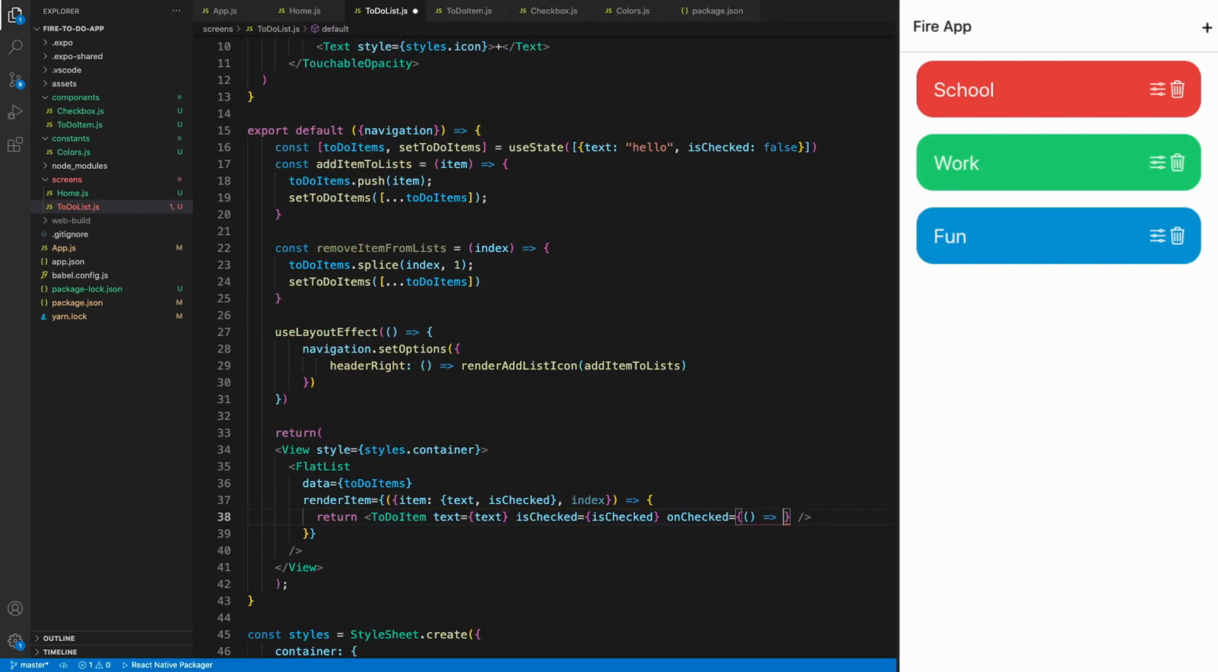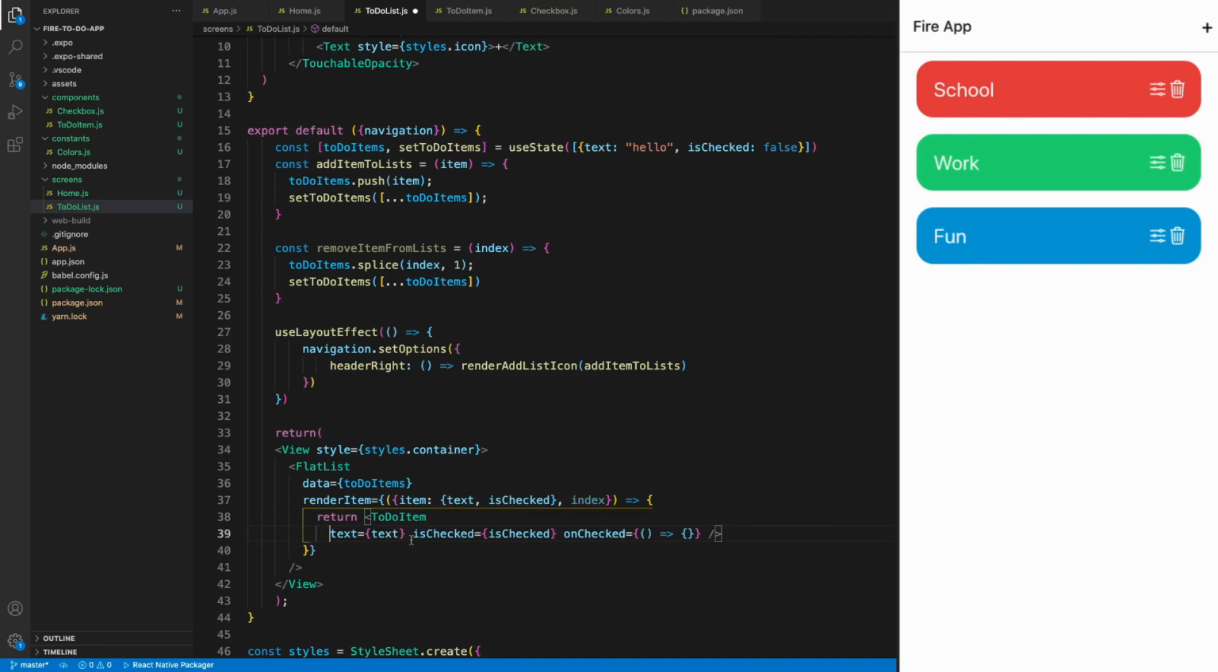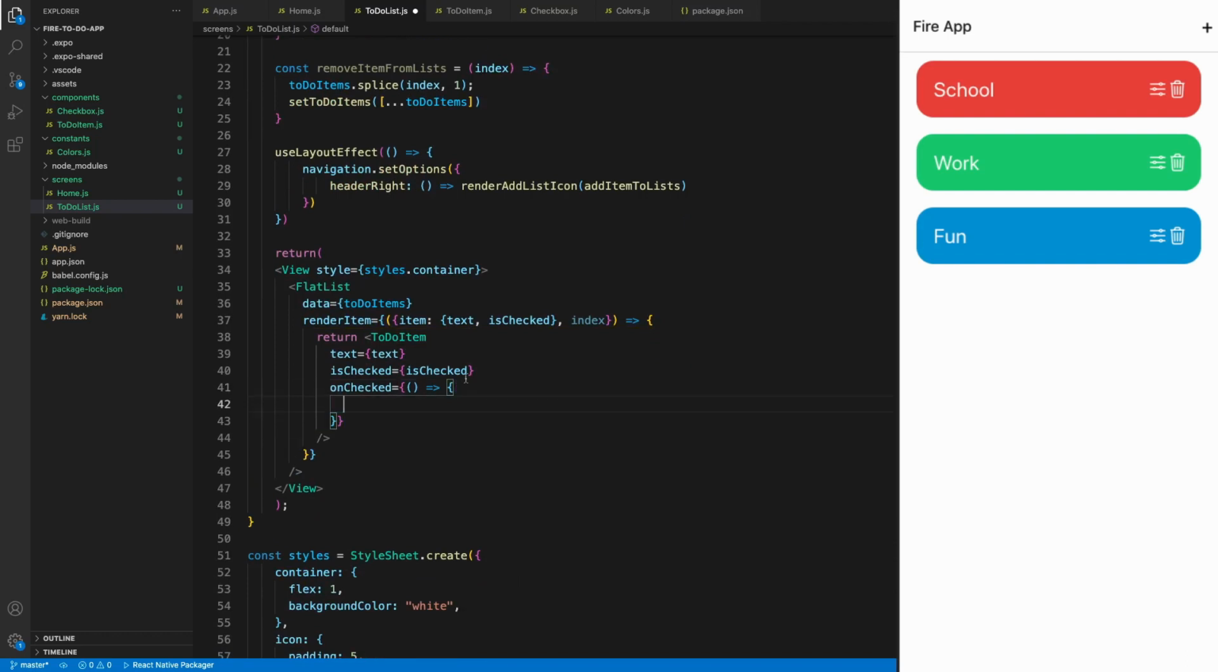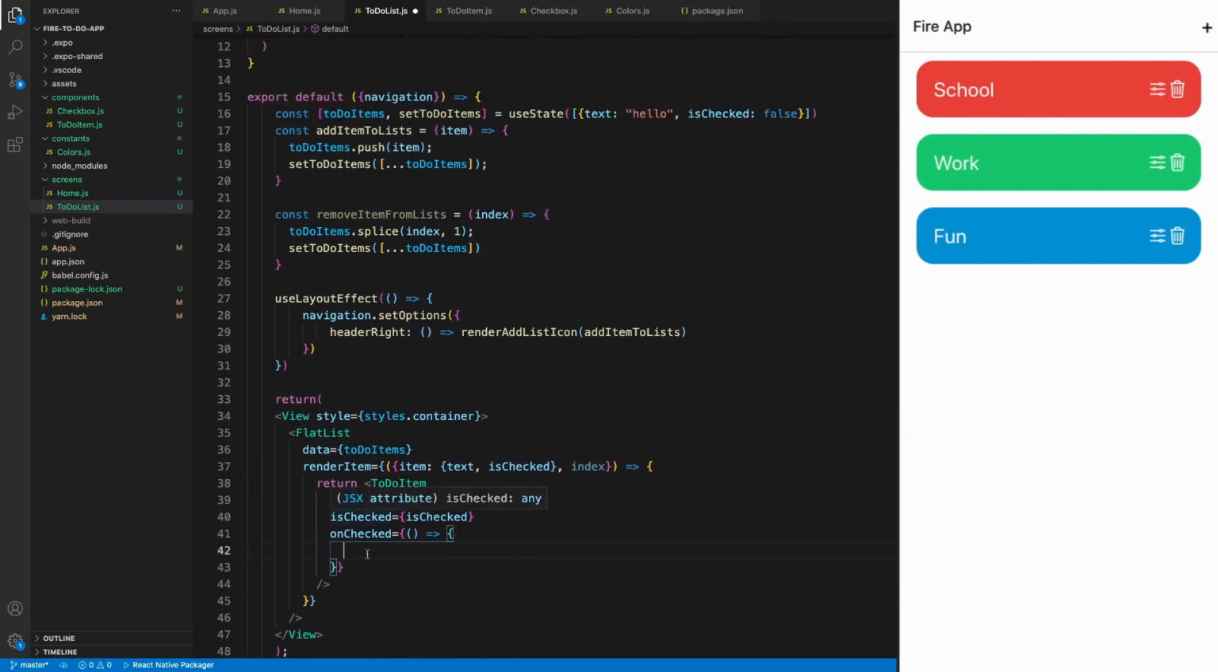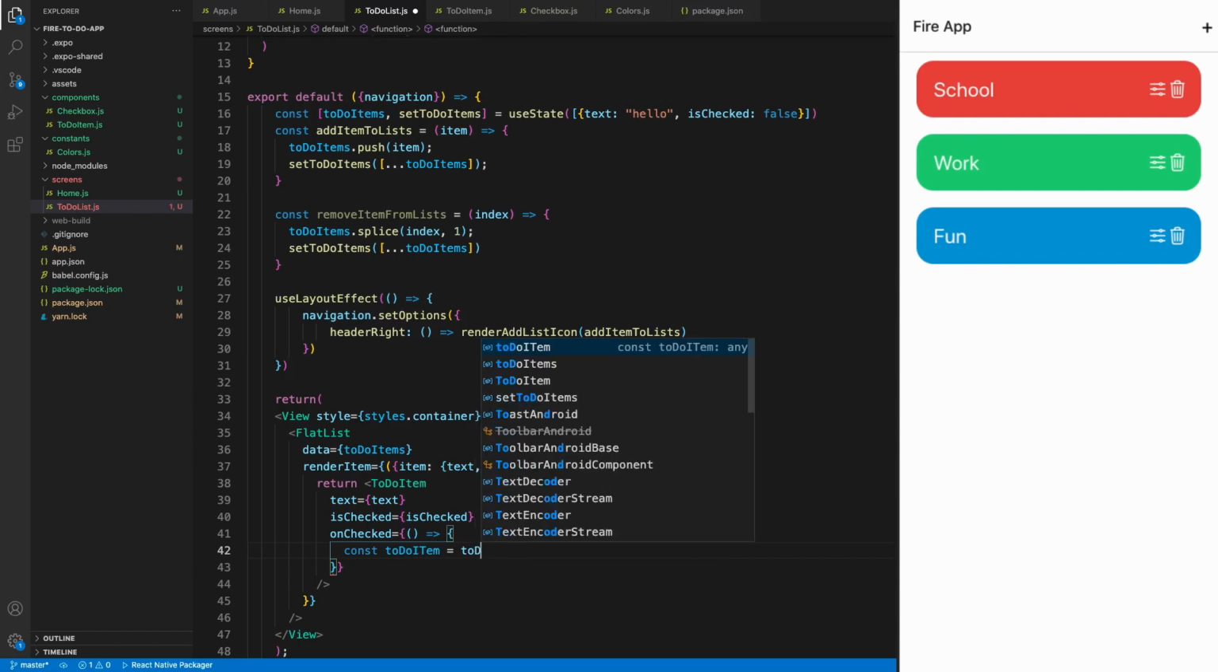And then we'll pass in a function. And let me go ahead, tidy this up, format it, so it's easier to look at and read and not taking up too much space on the screen. So what do we basically want to do here? We want to find the index of whichever item we're editing, check what isChecked is, and set it to the opposite. So first we're going to get the item. So we'll do const todoItem is todoItems